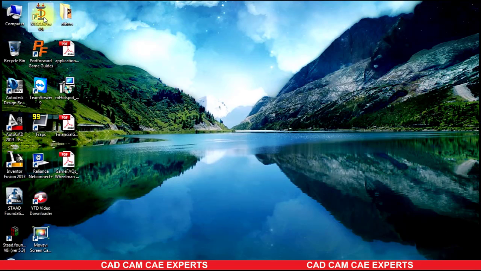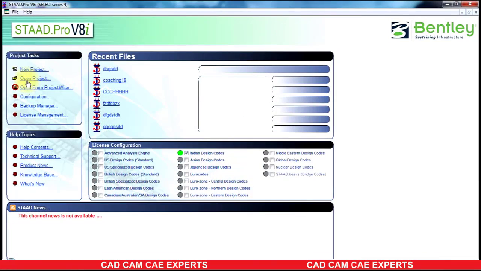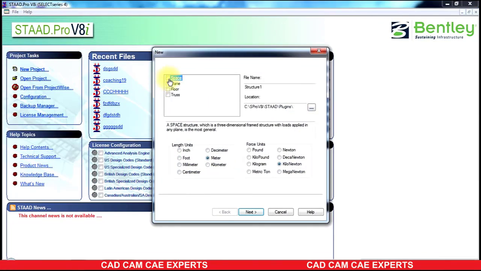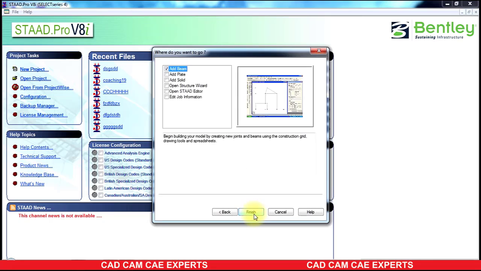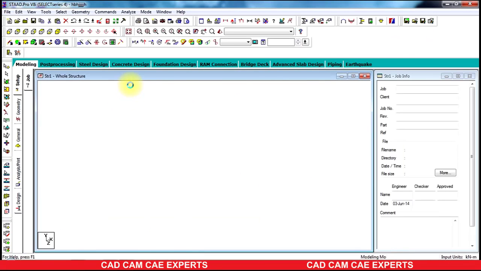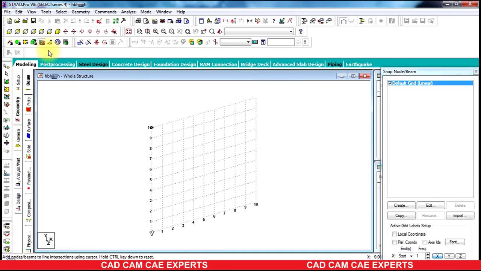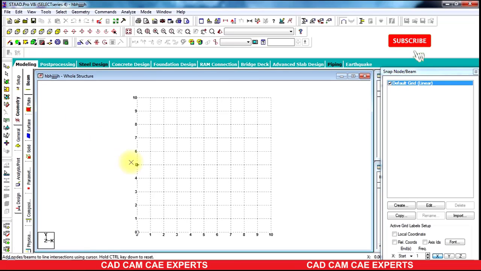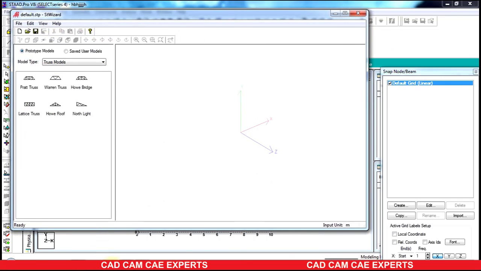So let us begin. Start STAAD Pro. Select new project, select space, give a name, give units as meter and kilonewton, select next, select add beam, finish. So now you go to geometry, select run structural wizard, and as per the figure,